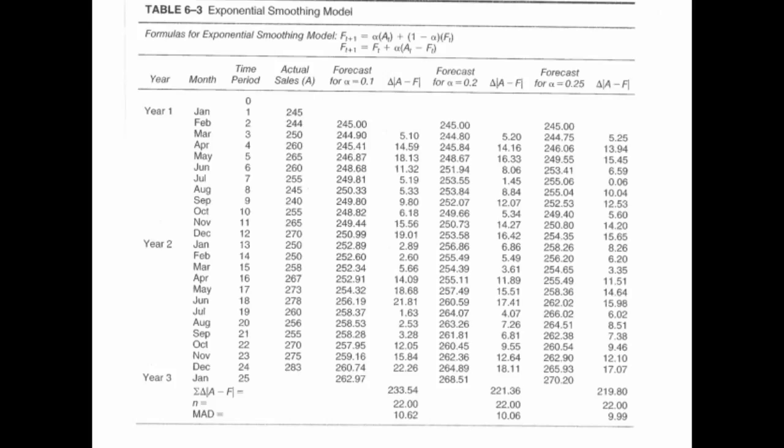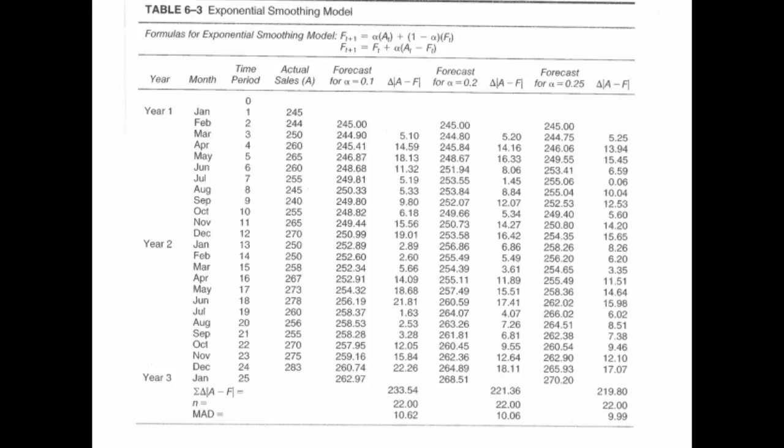In this approach, the average absolute deviation of the forecasted monthly sales from actual sales was 9.99 units, less than the difference for the other 2 approaches. Note that in this table, each approach represented a gradual increase in the smoothing constant, and that the best approach in this example was the one with the highest smoothing constant, that is, the approach that assumed the strongest impact of current sales on future